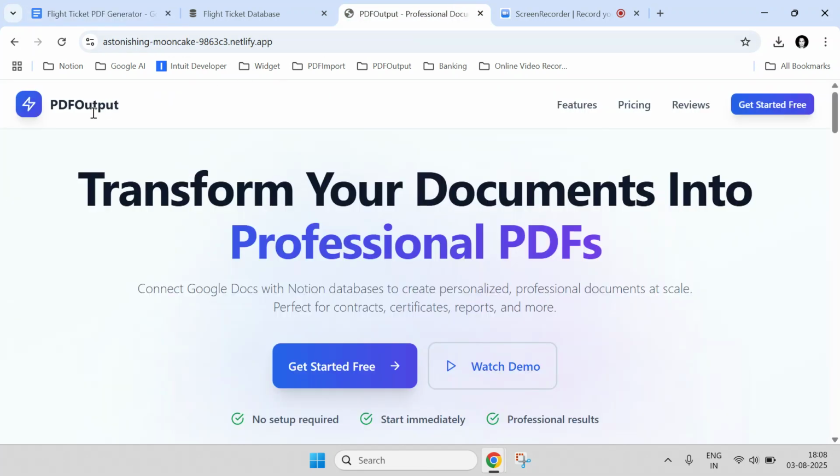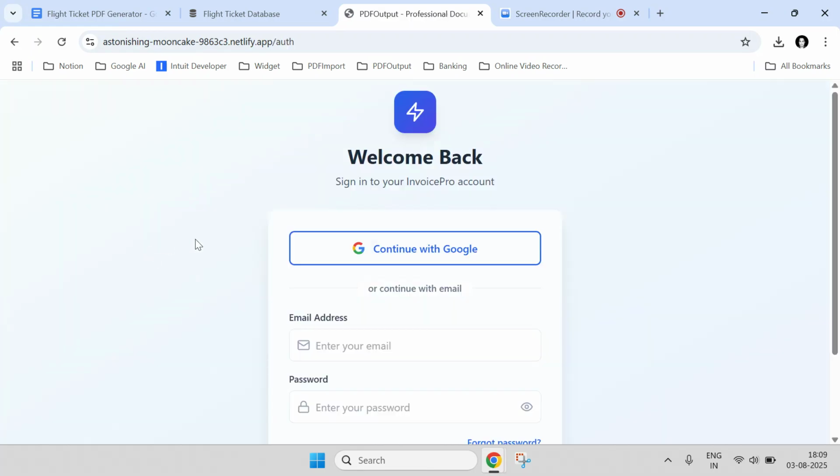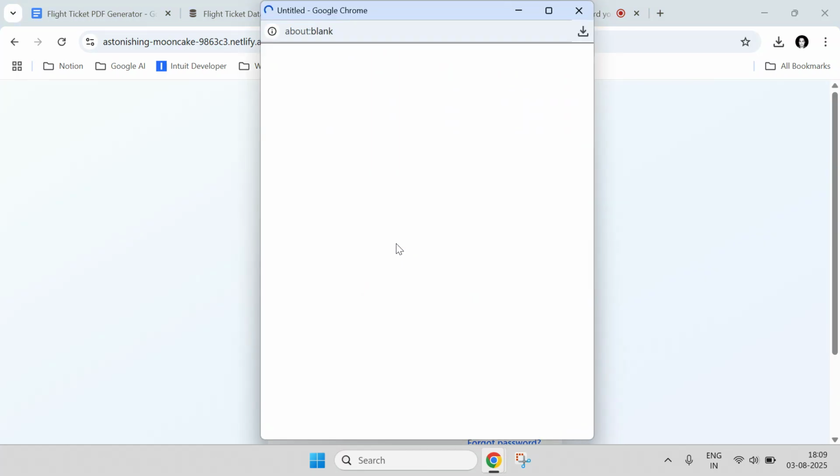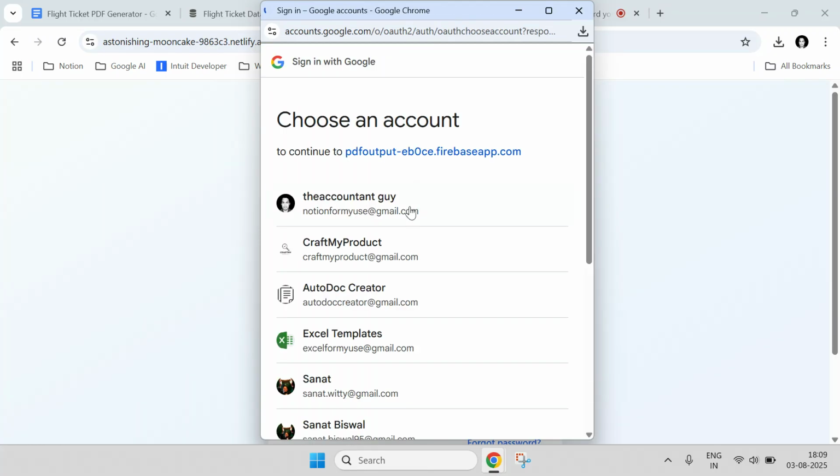First of all, head over to PDF output. This is the tool which will help you create the PDFs on automation. Click on get started and simply sign in with any of your accounts that you're going to use. So I'm quickly going to sign in with one of my accounts. And once you're signed in, we will be able to see what we will do further to create this automation